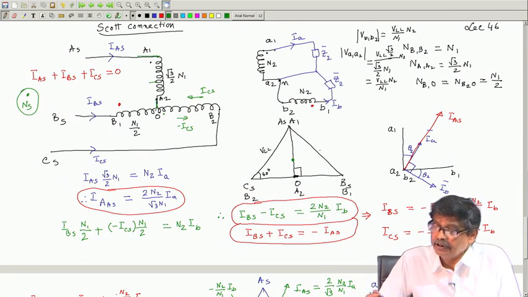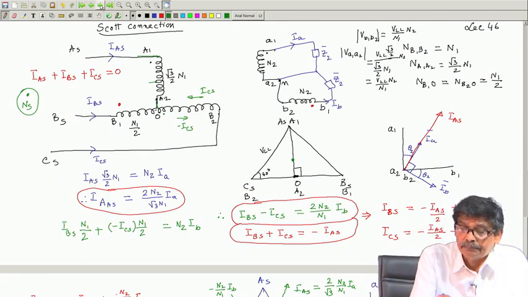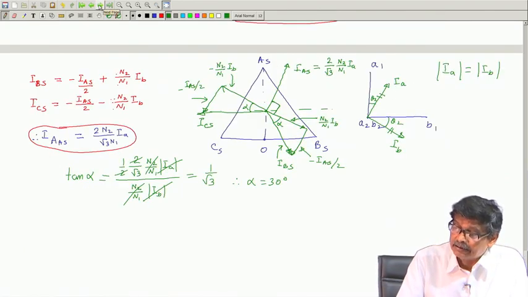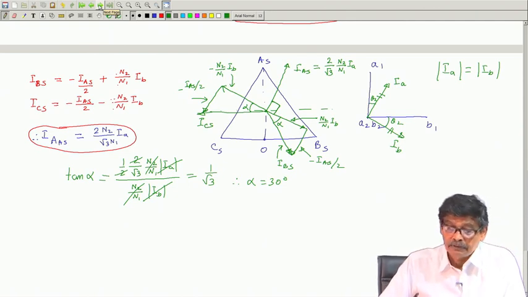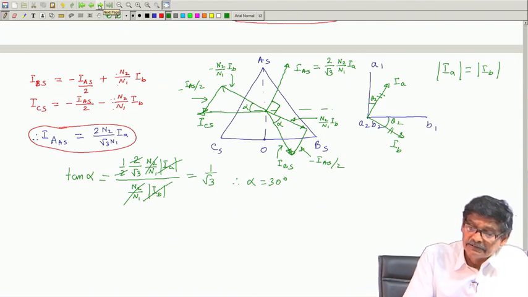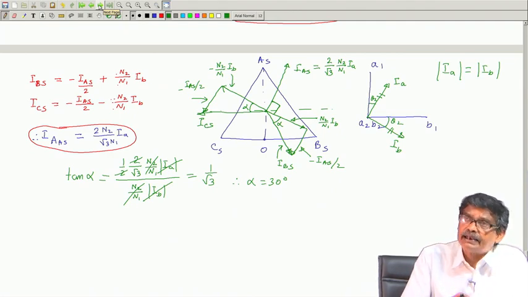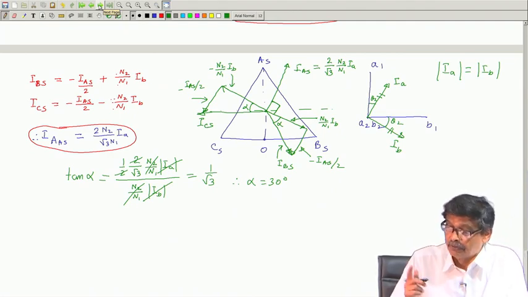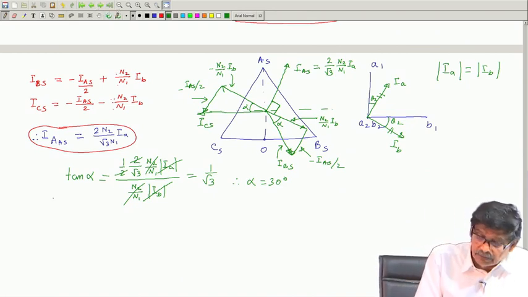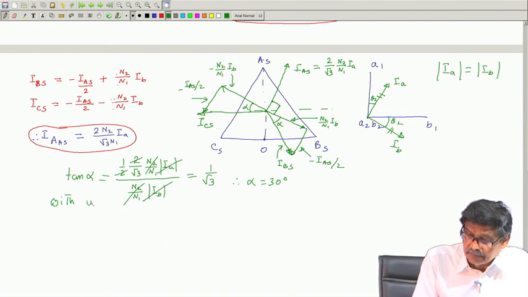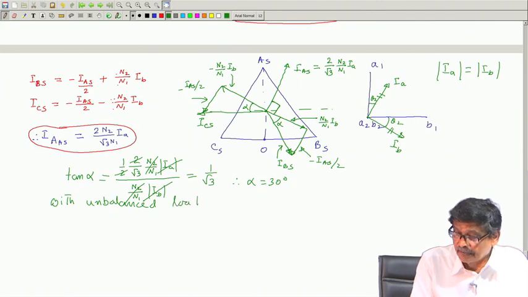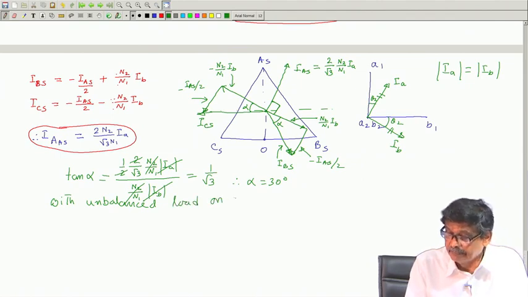Only one last point is this, that this diagram I have drawn for balanced load, but these equations are true for balanced and unbalanced load as well. What I mean by saying that, with unbalanced load, what happens? With unbalanced load connected on the secondary side,